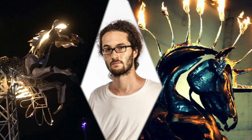So I've been sculpting horses for basically 10 years, as long as I've been sculpting metal. I made my first mechanical horse about 5 years ago, just a life-size mechanical horse. And last year, before leaving to Burning Man for the first time, and I was bringing artwork with me,